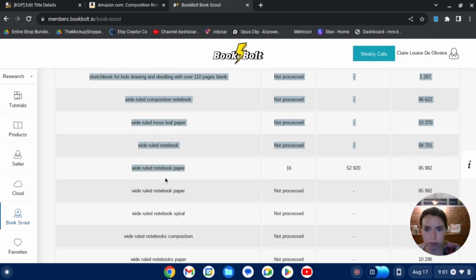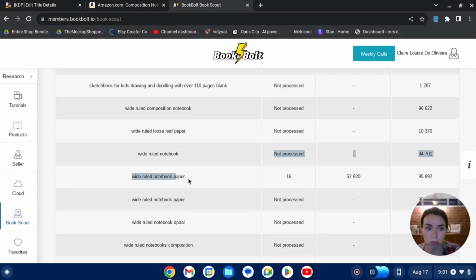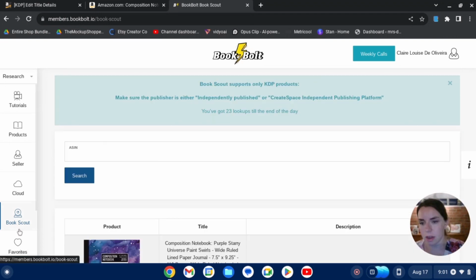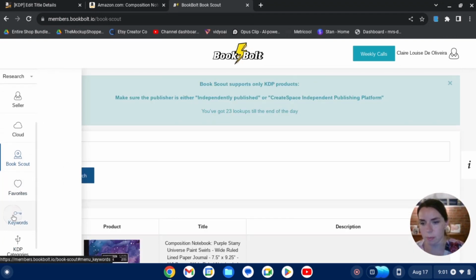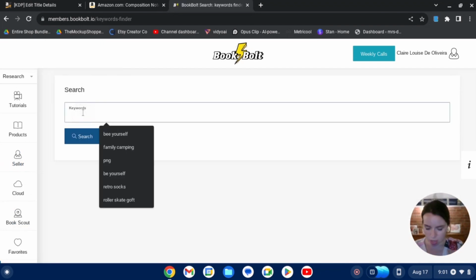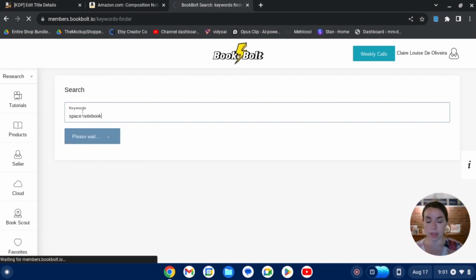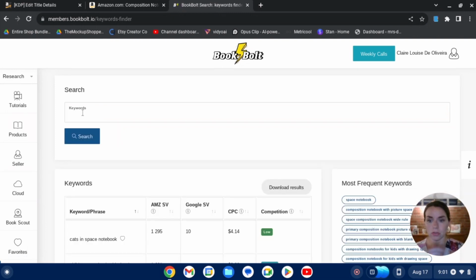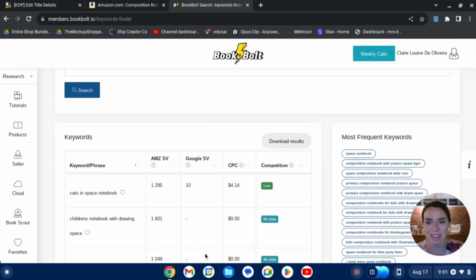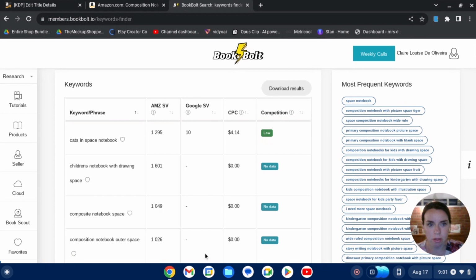So 95,000 searches a month, 52,000 results. Ideally, we'd like fewer. Another thing that you can also do is come over here to keywords. You can go here to search and we can go space notebook and then see what comes up from the back of that. It will give us lots of different search results. So you've got cats in space, children's notebook,